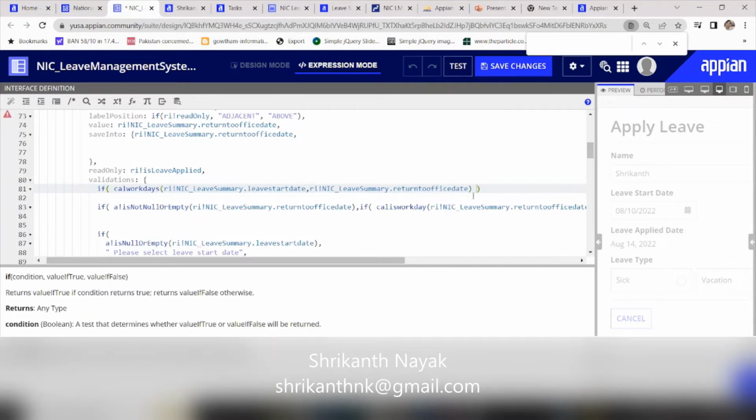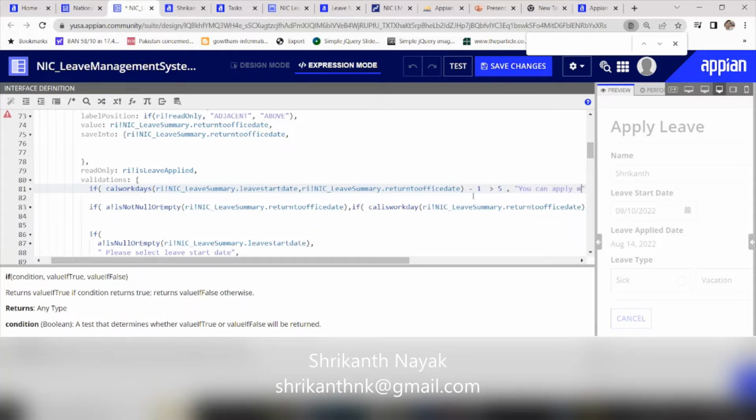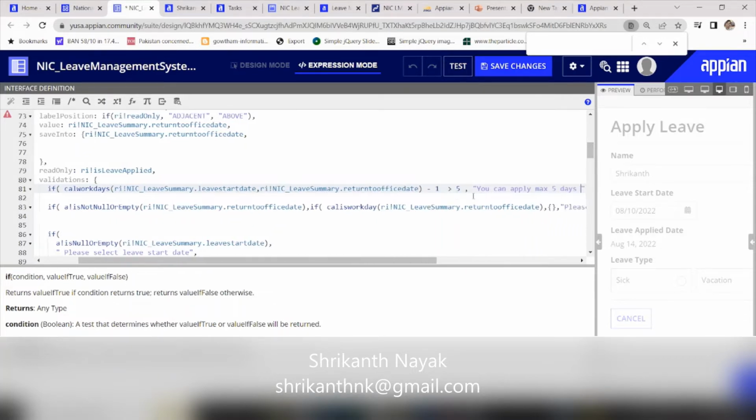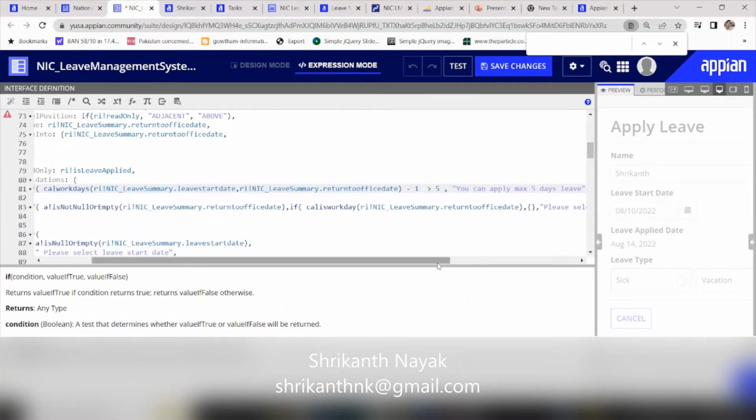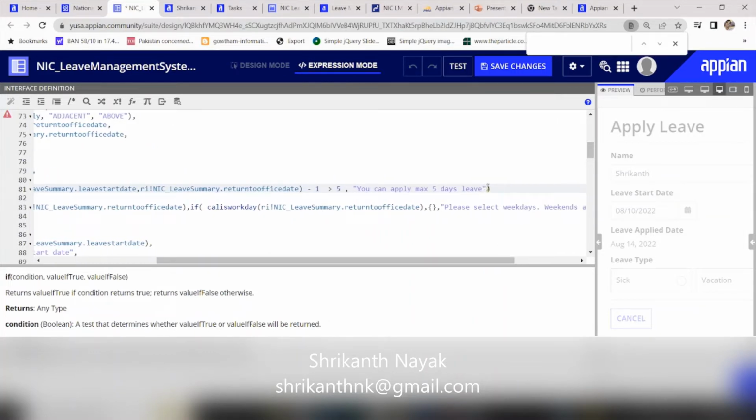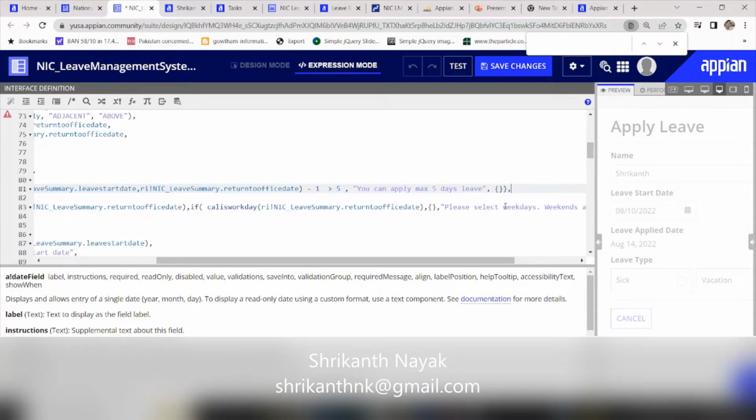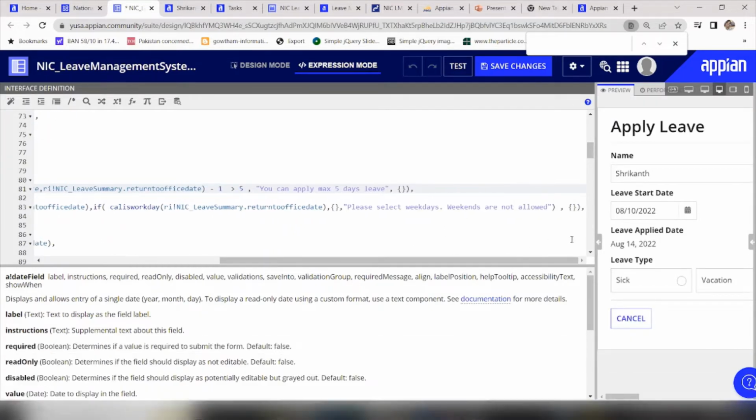If this minus 1 is greater than 5, then show the message: you can apply max 5 days leave. Otherwise, no error message. So